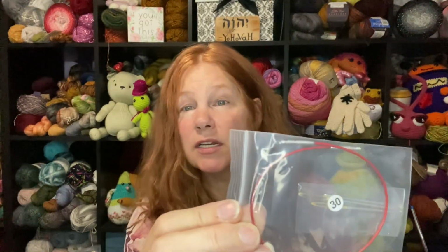All right, so what do we have? Okay, so this is nice. We have another needle. We do have a 16-inch cable, another cable in there. So that's good. So I guess it's 4 cables. Some sewing needles. There you go. Some blunt sewing needles to sew our projects together, which is important. A pair of scissors, needle